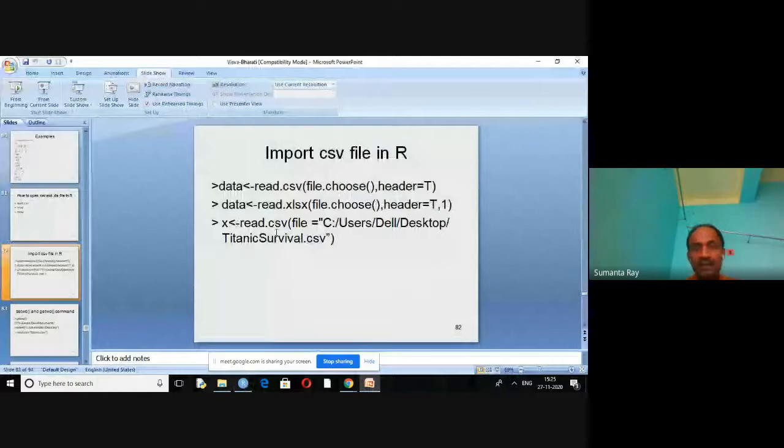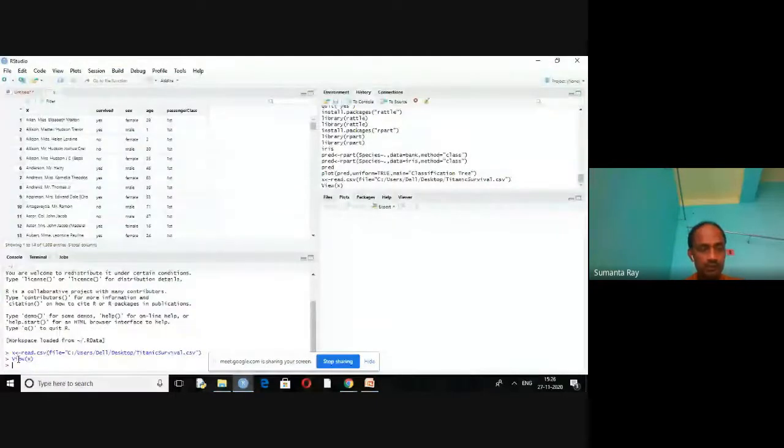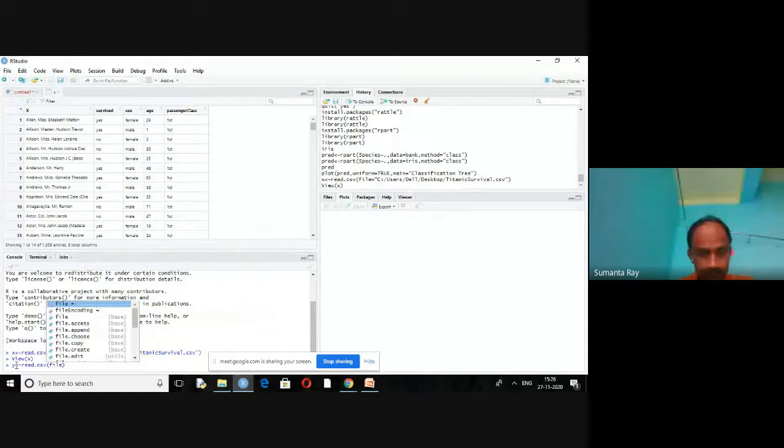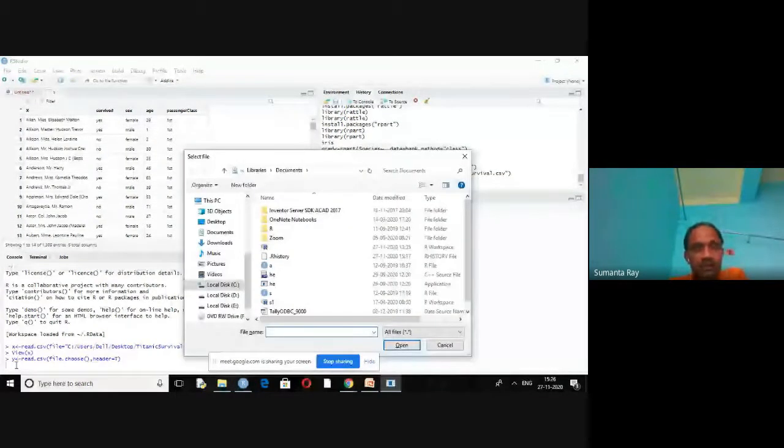So this particular technique I have discussed. There are so many techniques. That means you can use this command also. In this command you write read.csv, within the braces file.choose(), header equals to TRUE. By using this command, you have to select the actual file.